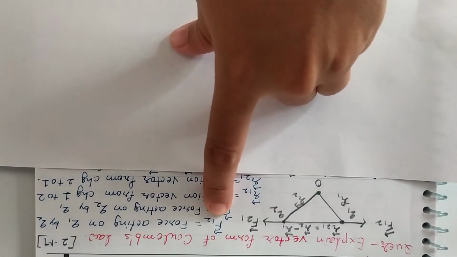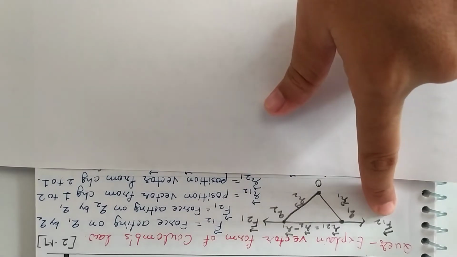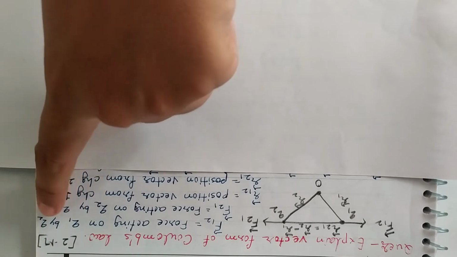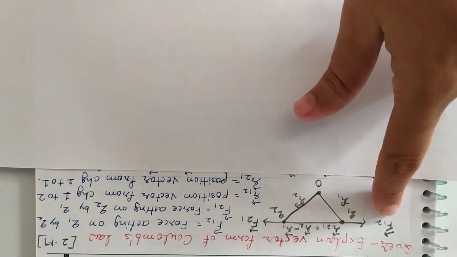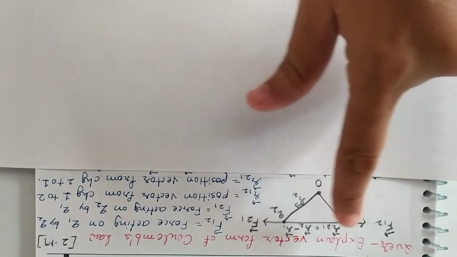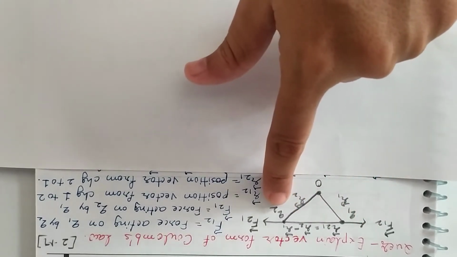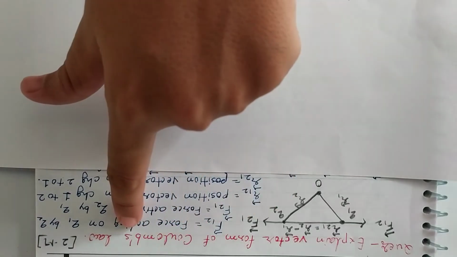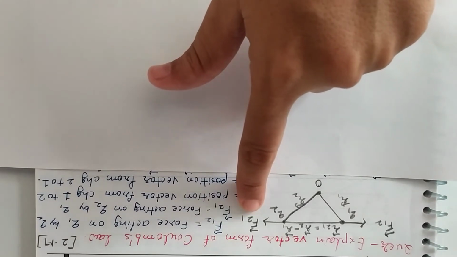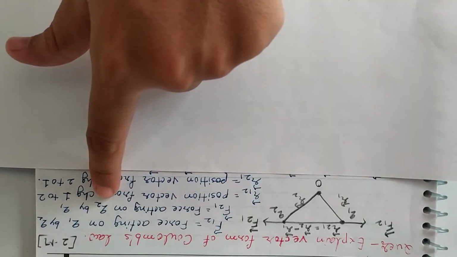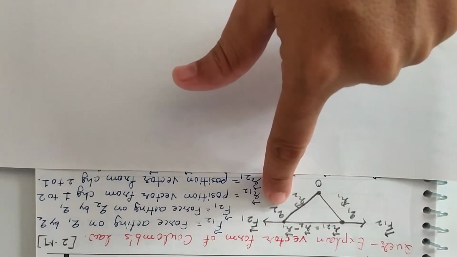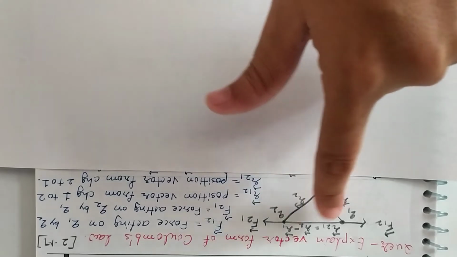Now let us understand what F12 is. F12 is the force acting on Q1 by Q2, meaning the force experienced by charge Q1 due to charge Q2. Here we are talking about which force? It is the Coulomb's force. Now F21. What is F21? F21 is the force acting on Q2 by Q1. That is, Q2 also experiences some Coulomb's force, which is exerted by charge Q1.